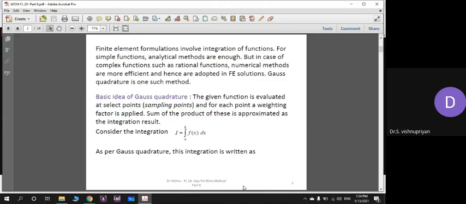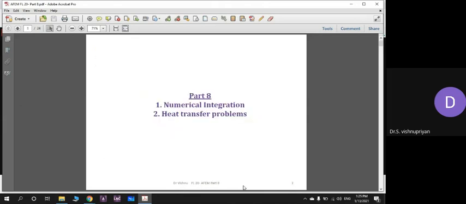So why do we need to know integration by numerical methods? Because often we need to derive stiffness matrices in finite elements. To do that, we have to do integrations to make functionals and then minimize them to get the stiffness matrix. So this is the reason why integration comes into play in finite element method.